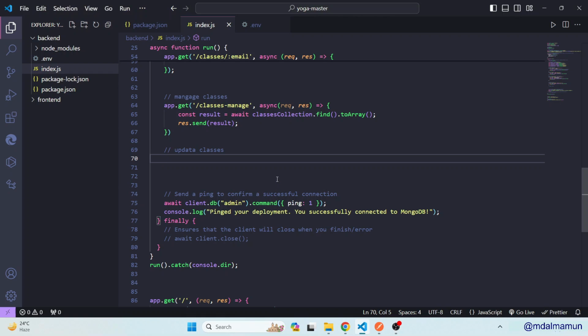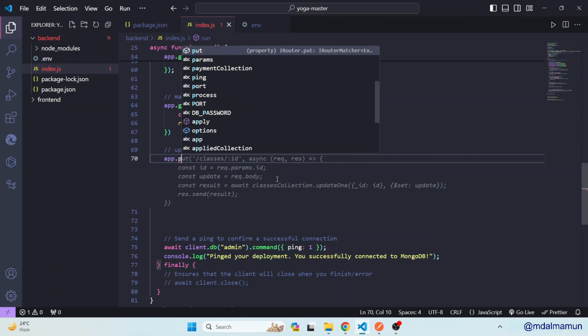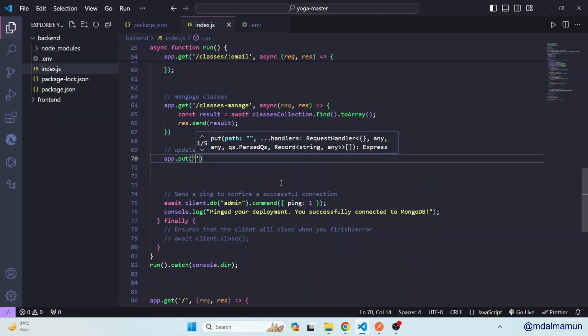Okay, so as we define, we'll define app.put method, and here for example we want to change the status of the class, so that's why we can just define here, that would be change status,